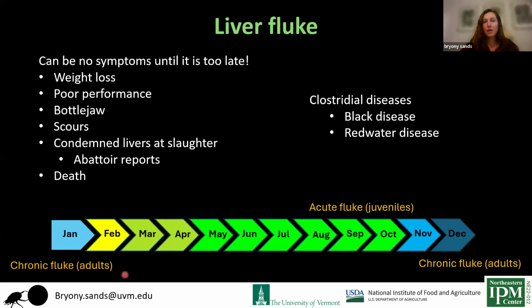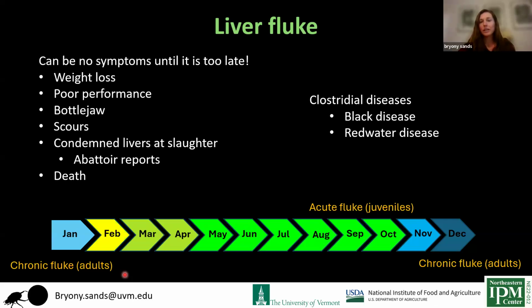So there can be minimal symptoms from liver fluke until it's quite developed. Symptoms include weight loss and poor performance, bottle jaw and a swollen brisket, as well as scours. But often abattoir reports and condemned livers at slaughter can be the first thing that we know about having liver fluke in the herd. But it's important to keep on top of this and to be aware of it because it